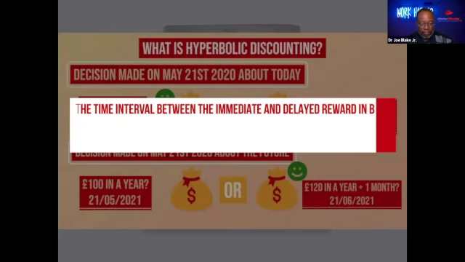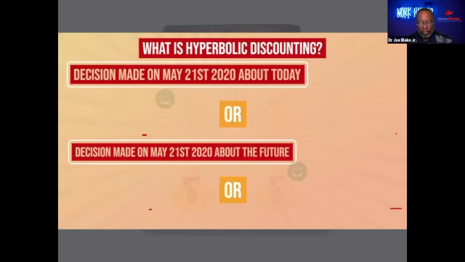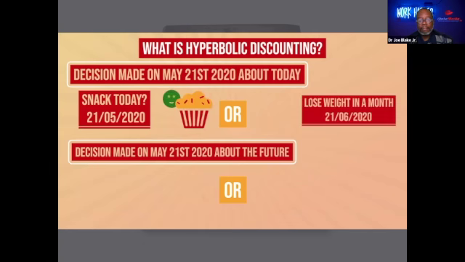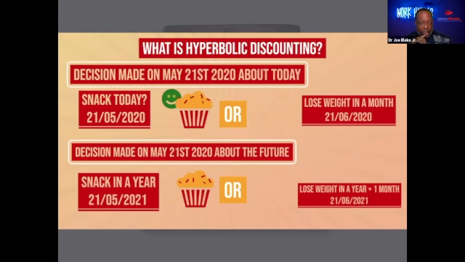So now let's take this concept and apply it to the lifestyle factor of diet with another scenario. Would you rather I gave you a cupcake today or no cupcake and you experience health benefits in the form of losing weight in a month? Many individuals would rather take the cupcake today. Now again, let me ask you to make a decision today about the same scenario on a future date. Would you rather take a cupcake in a year or no cupcake and experience health benefits in a year and 1 month? Many individuals would believe in the future they would diet and choose the second option to not have the cupcake and experience health benefits.